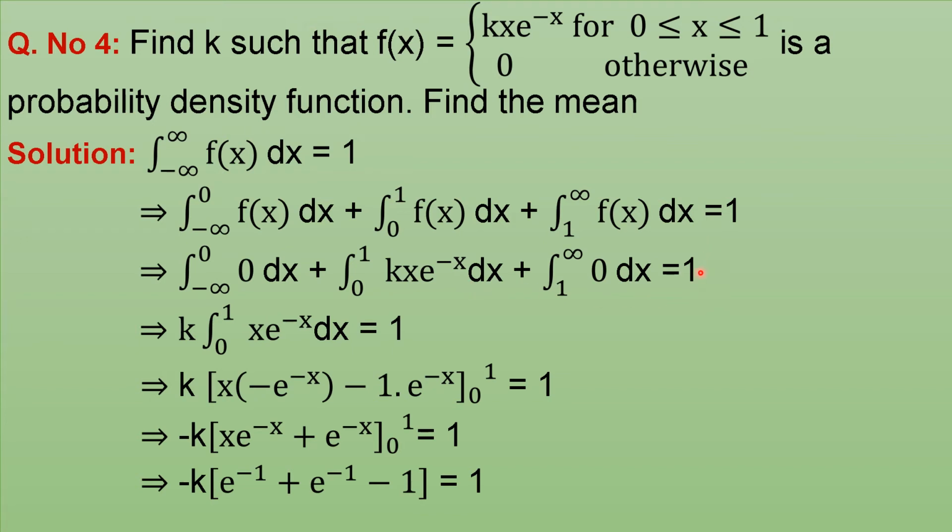Right hand side is 1. Keeping that k outside the integral sign, k into integral 0 to 1, x into e power minus x with respect to x is 1. So k into, now this integral of x into e power minus x with respect to x. Apply Bernoulli's generalized rule of integration by parts, taking the first factor as x, second factor as e power minus x. So it will be first factor x multiplied with integral of the second factor. Integral of e power minus x is minus e power minus x, minus